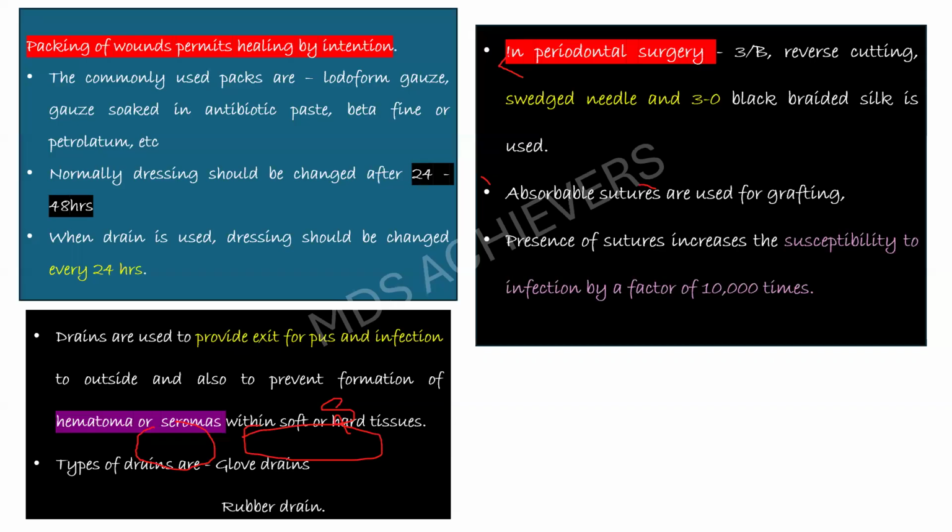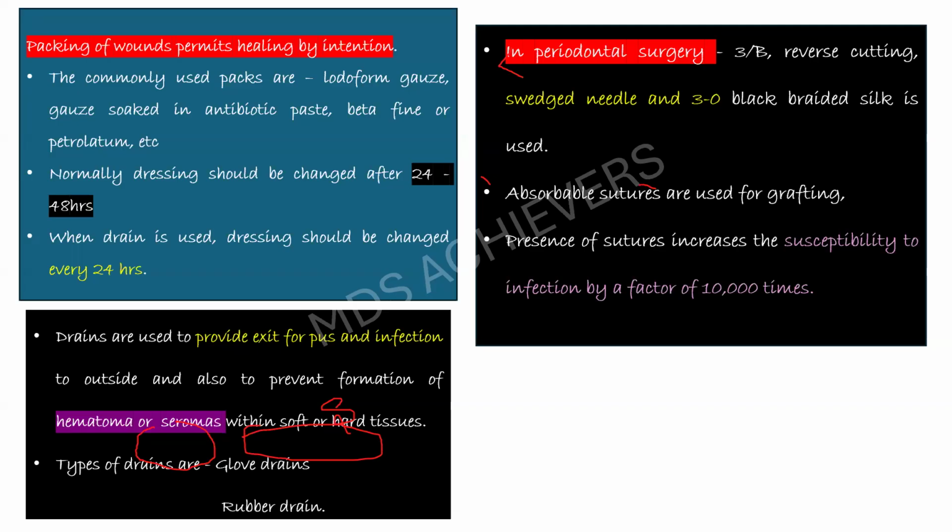If there is any abscess or any kind of cyst or tumor, then it has to be drained every 24 hours. Drains are used to provide an exit for the pus and infection to the outside, and also to prevent the formation of hematoma or seroma within the soft or hard tissues. The two types of drains are Penrose drains or rubber drains. And in periodontal surgery, 3-0 reverse cutting wedge needles and 3-0 black braided silk are used,